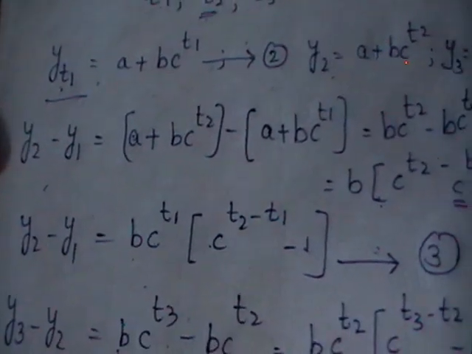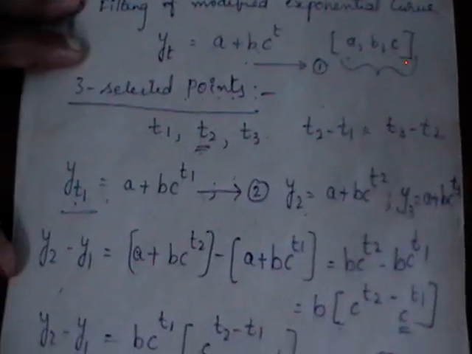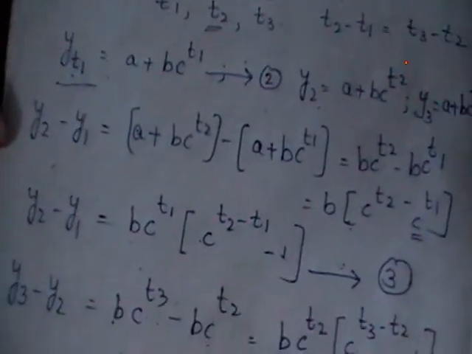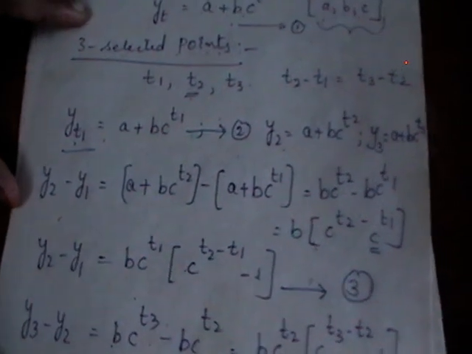Why I am doing all these is because we have three unknown constants a, b, c. To find those three constants, in each step I am eliminating one constant. So in the first step I wrote y1, y2, y3, y2 minus y1, y3 minus y2. By doing that I have eliminated a. I am only with b. Then I have divided y3 minus y2 by y2 minus y1, where b is also eliminated. I am with c. You go through the further simplification. So we have obtained the expression for c.